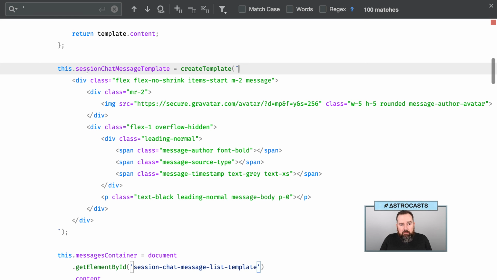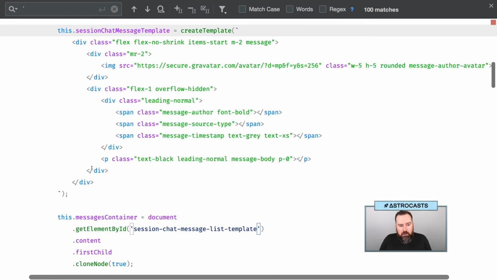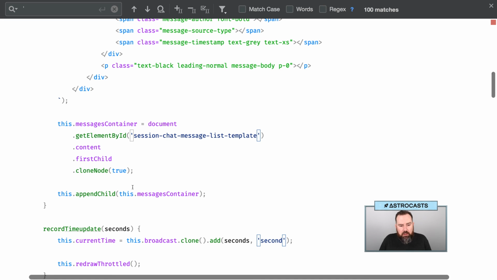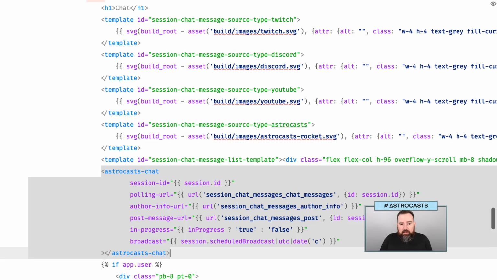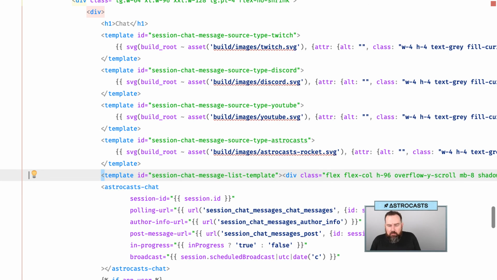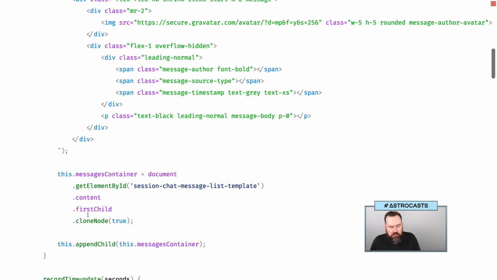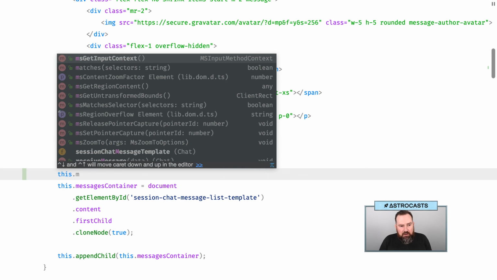So we did this with the session chat message template. We have the messages container. This one was already kind of weird. So what I'd like to do now is start bringing these templates in. So let's see, messages container. This one was kind of dirty, mostly because this first child bit was getting empty white space. So this is going to hopefully clear this up quite a bit. So this messages container,